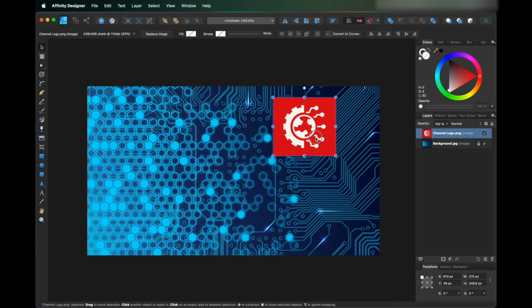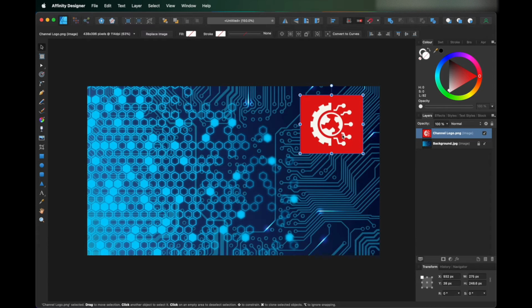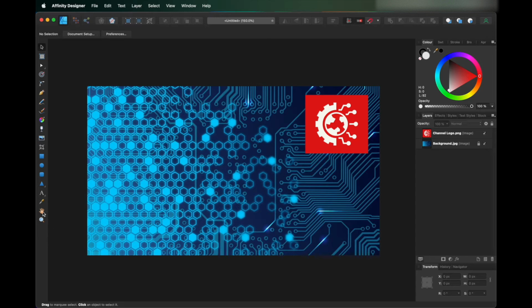So just make it a little smaller. I'm going to put it in this corner for now. I'm going to use this little tool called color matcher. Sorry, color picker, but I just call it color matcher. I want the background of my logo to match this light blue. So I'm going to select